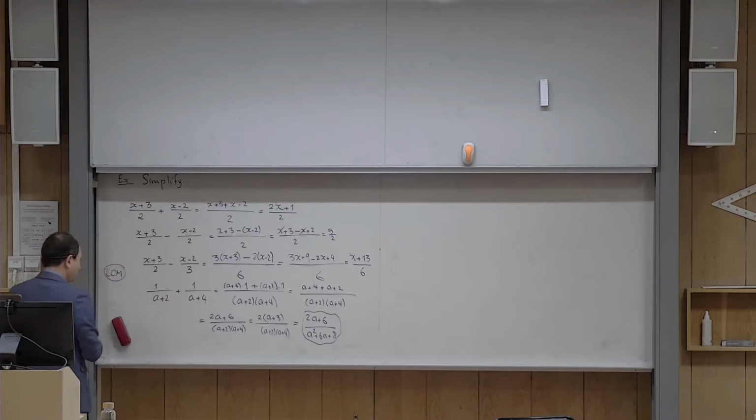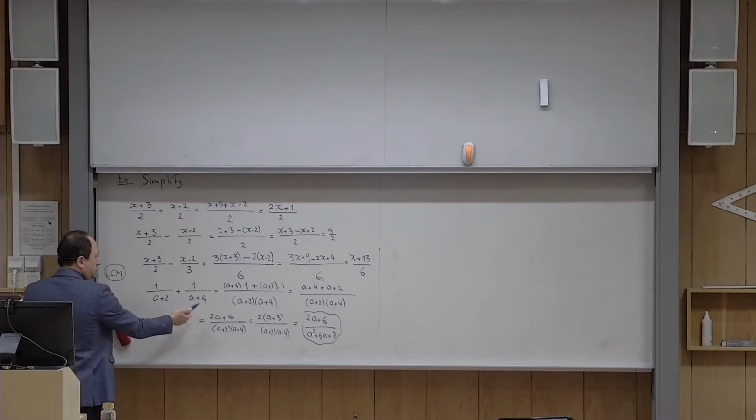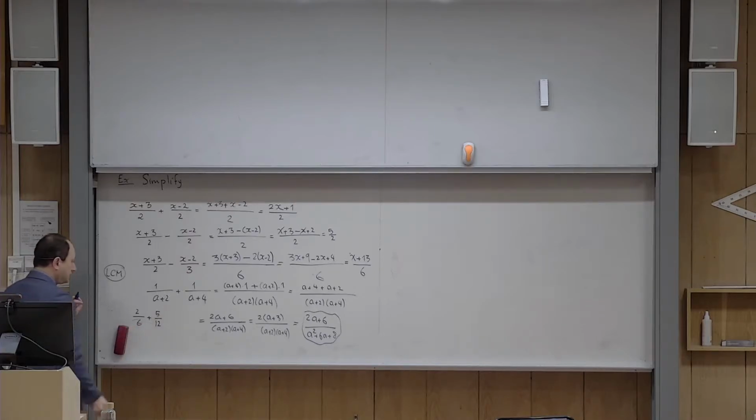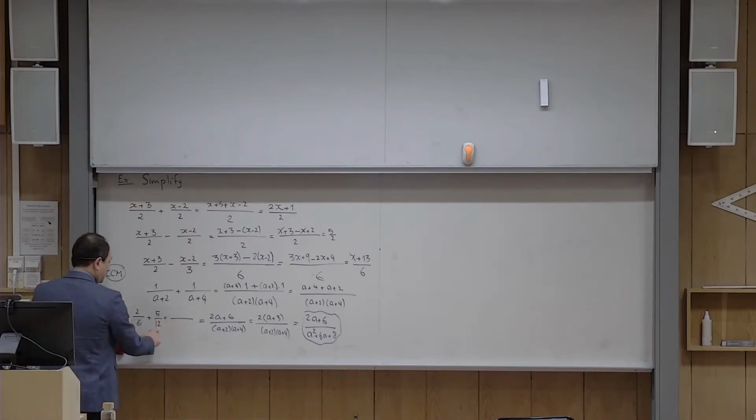Let me just tell you something here. In these two cases, it was a coincidence that LCM was actually the product. For example, if I ask you to calculate 2 over 3, so let me write 2 over 6 and then plus 5 over 12. Okay, if I ask you to add them, of course you can multiply them, and that would be 72, and